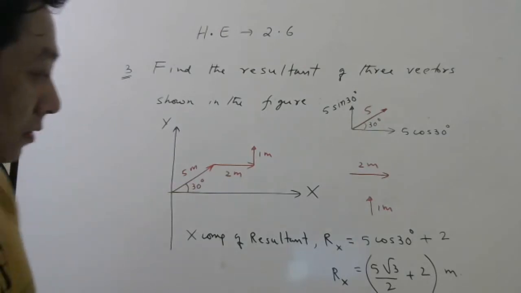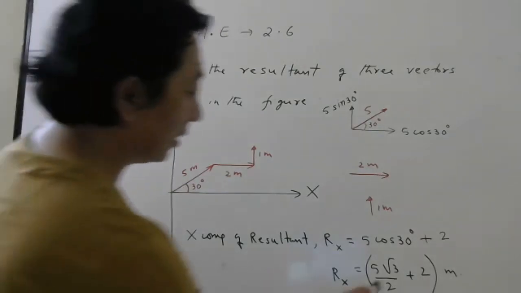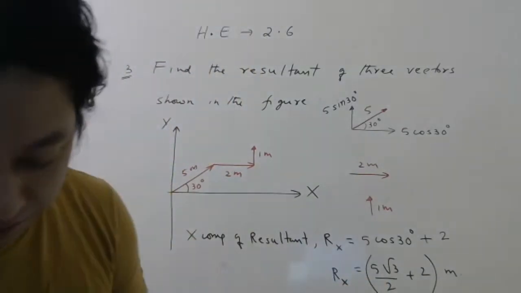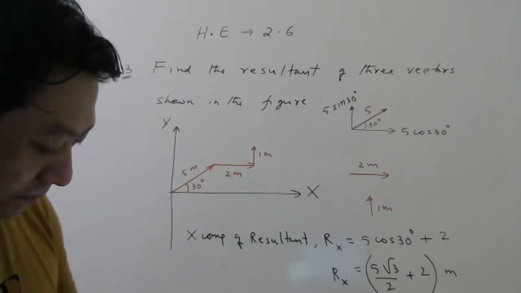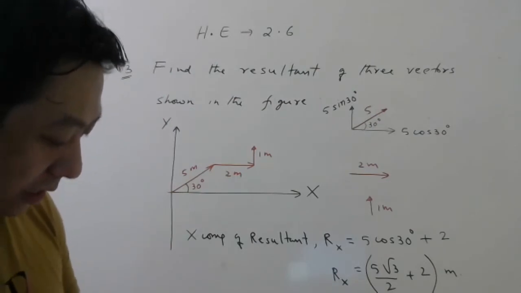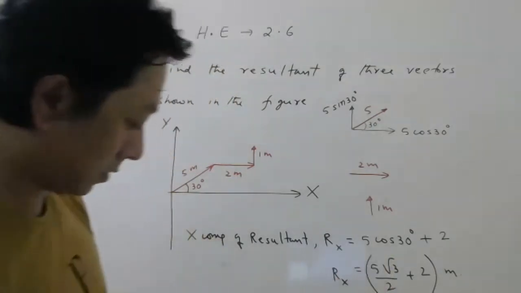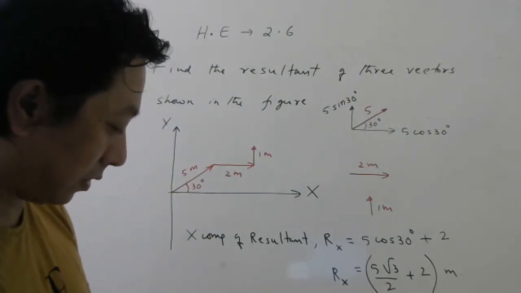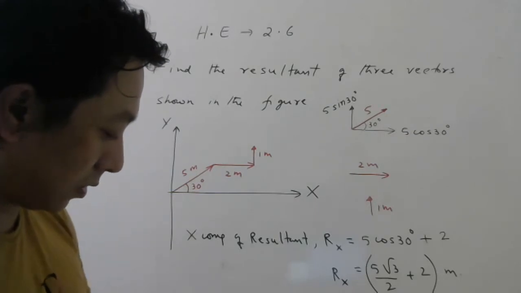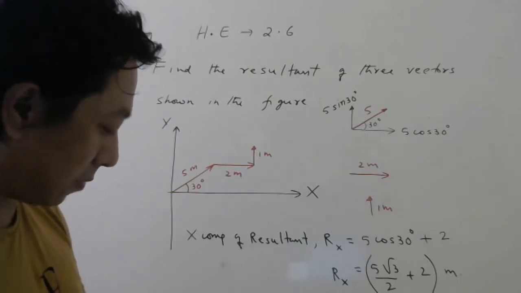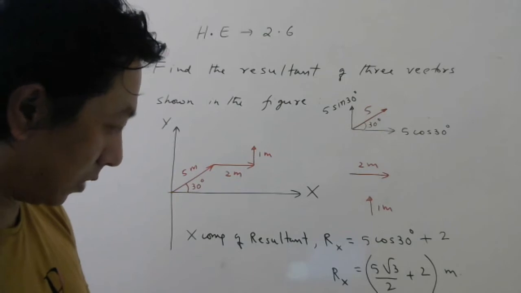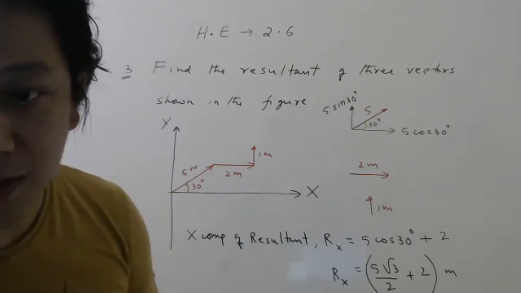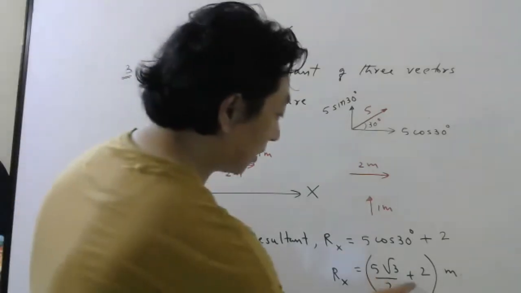Okay. Now those who have a calculator, please multiply 5 root 3. Root 3 is around 1.7. Let me also do it. You also do. Tell how much this will come. Root 3 is 1.732. Okay, so 5 into 1.732 divided by 2 plus 2. So 6.33 I am getting. How is it 8.66? This plus 2.